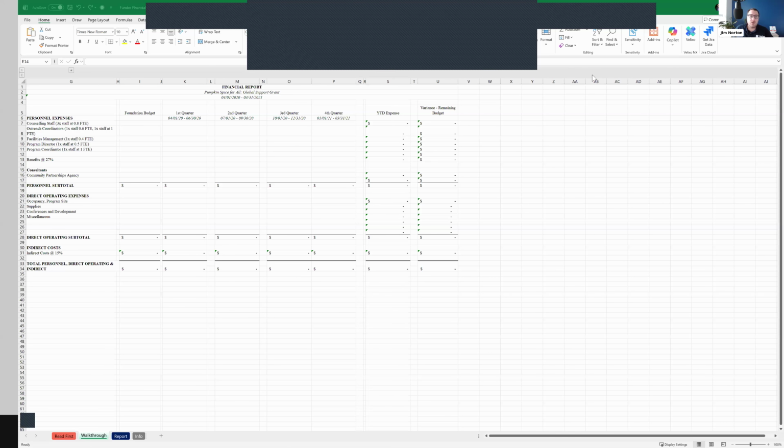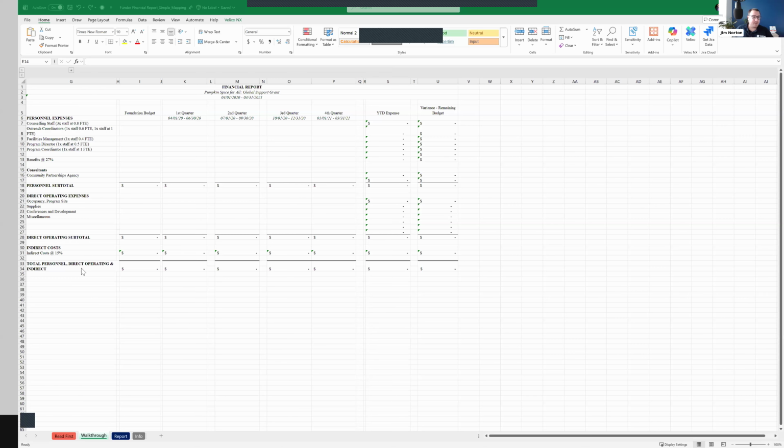Great. Okay, so we see here that we started on a template that a funder has given us. And this is literally something that I Googled, downloaded, and decided I'm going to make this thing live, right? It's an example of a real report that a foundation asks nonprofits to complete when they fund them.